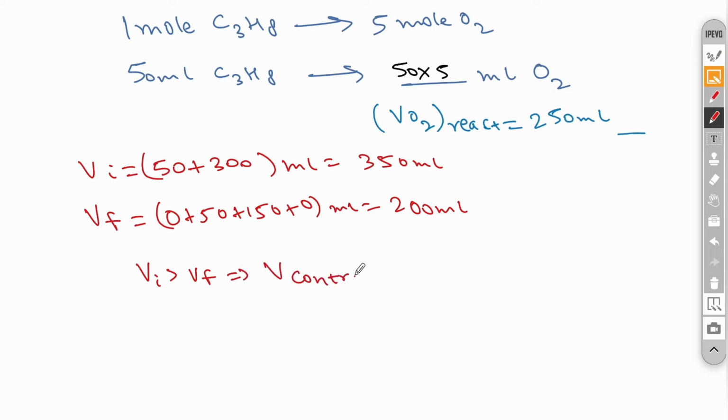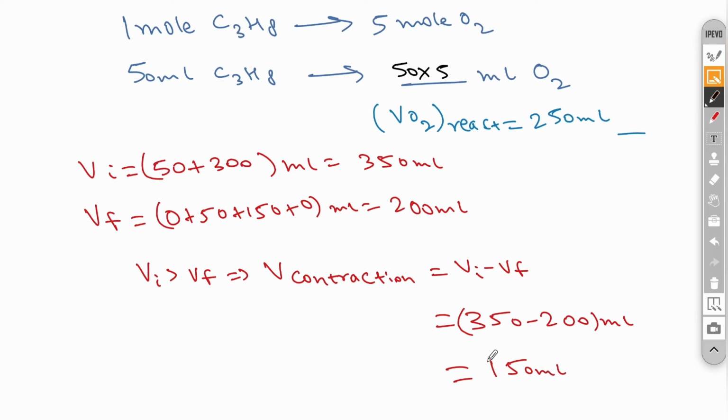So the formula for volume contraction is Vi minus Vf, initial volume minus final volume. It will come out to be 350 minus 200. It will be 150 milliliters. So this will simply be our answer in this case. Now moving further,